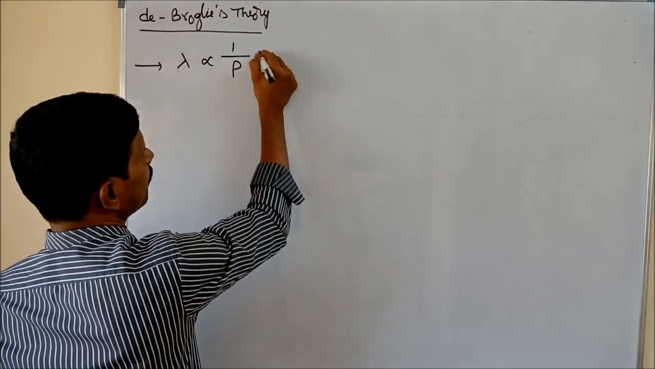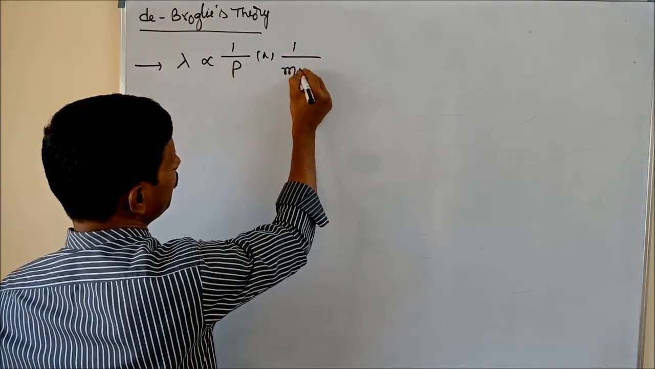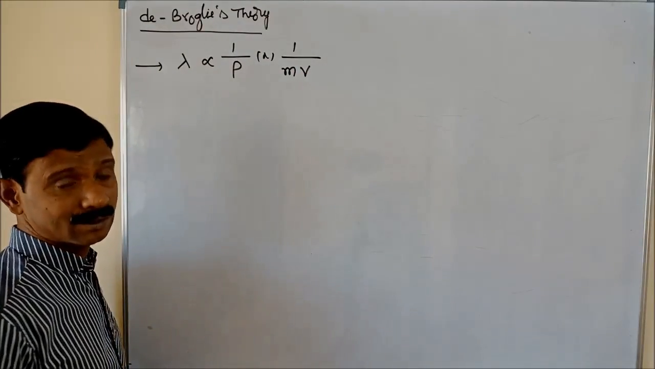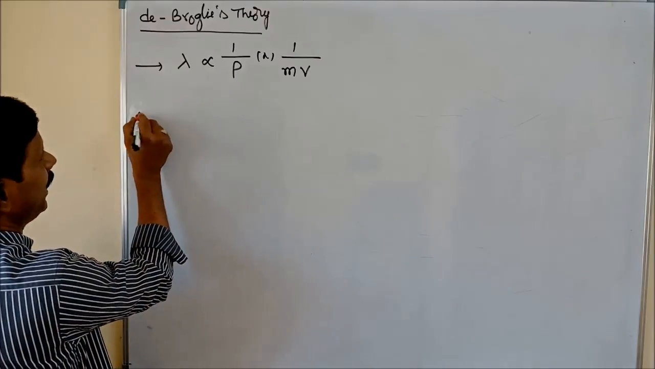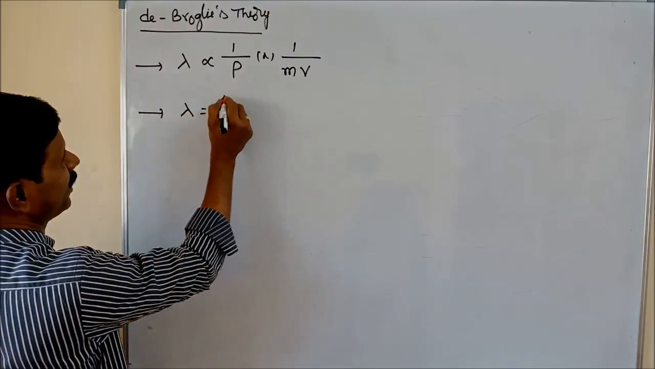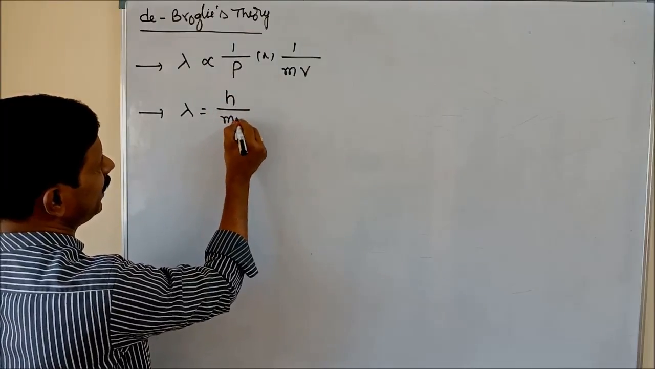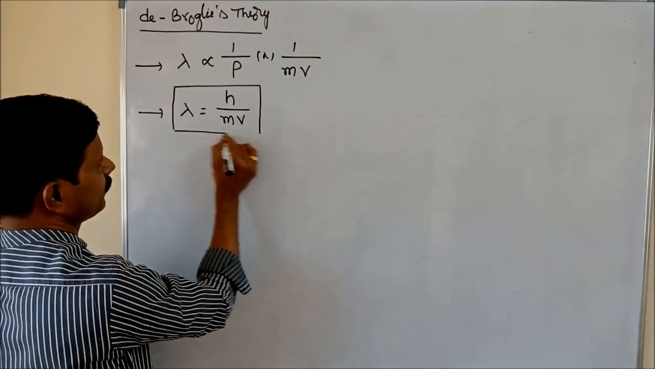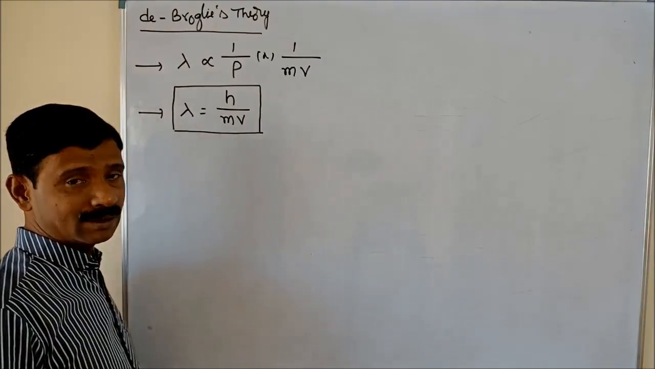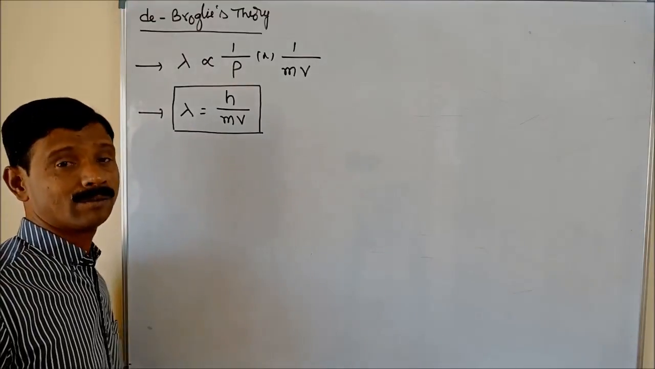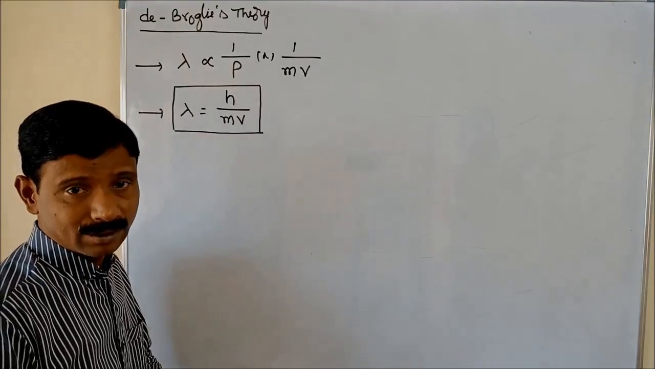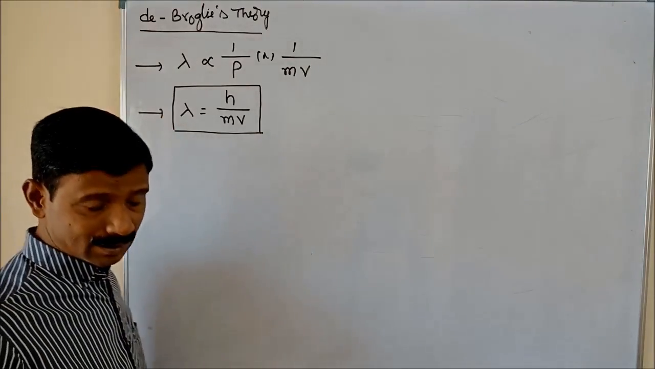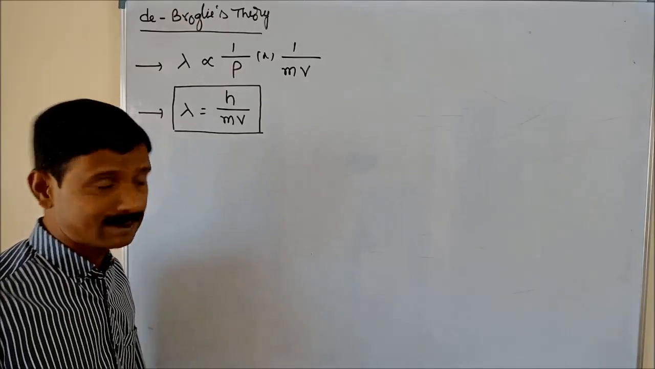So we can write 1 by mv, where m is the mass of the electron and v is its velocity. Therefore, wavelength equals h by mv. This is what we call de Broglie's equation, where h is Planck's constant, and we already observed the value of Planck's constant in previous discussions. This is the formula we have to use in questions related to de Broglie's theory,